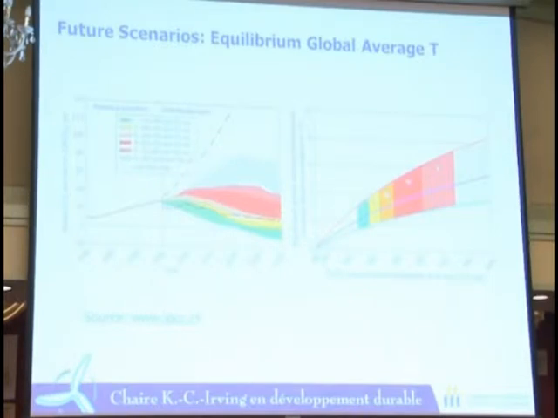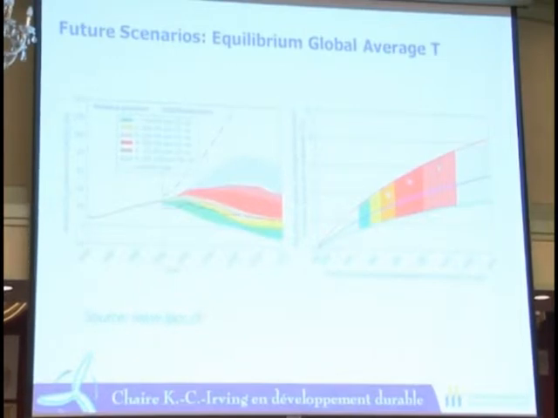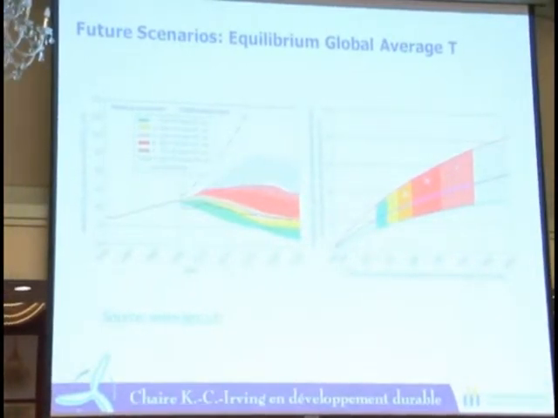So if we accept a 2 degree increase in global temperature, this means that we need to have the greenhouse gas concentration in the atmosphere stabilized at around 450 ppm, parts per million. More and more we're hearing about this concept of the 450 scenario. What it means is that we accept that we will stabilize the CO2 concentration in the atmosphere at 450